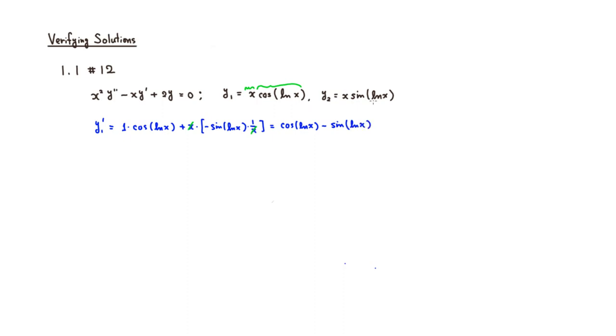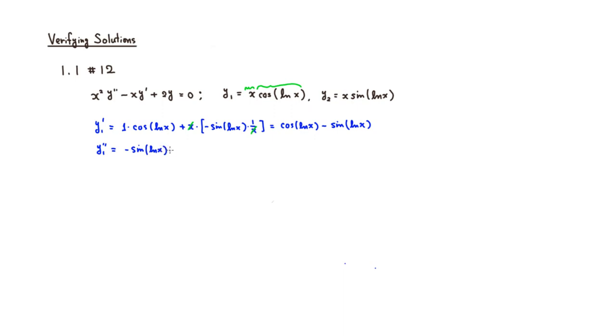That's the first derivative. We need the second derivative as well, so y1 double prime: the derivative of cosine of natural log of x is negative sine of natural log of x,